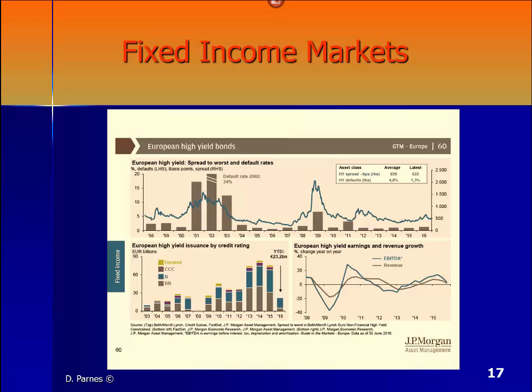All kinds of information that was issued about unrated bonds, triple C bonds, B bonds, and double B bonds. Anything above double B is considered investment grade bonds. BB and below are junk bonds. So all of these are the amount of junk bonds, or non-investment grade bonds, that were issued by the European markets. You can see that in the years 2013, 14, and 15, there is a jump in the amount of low-graded bonds, simply because they are in debt and they need to raise more money.